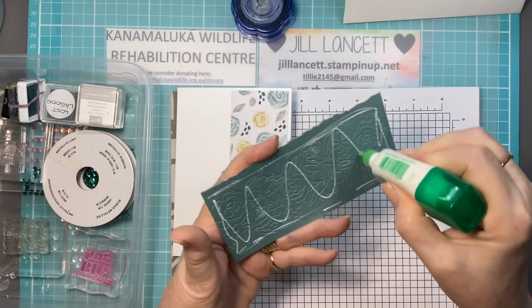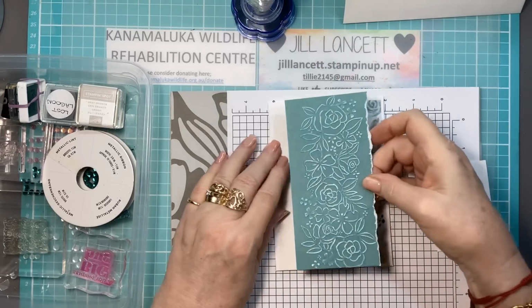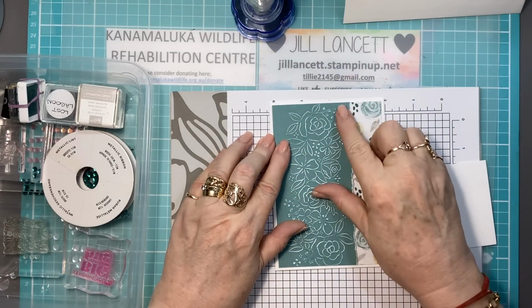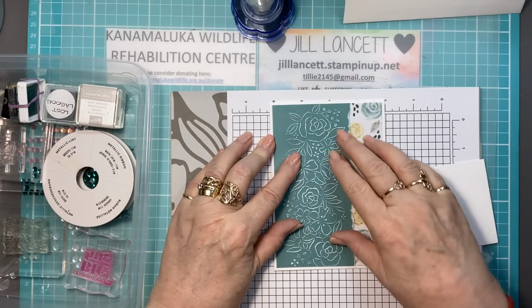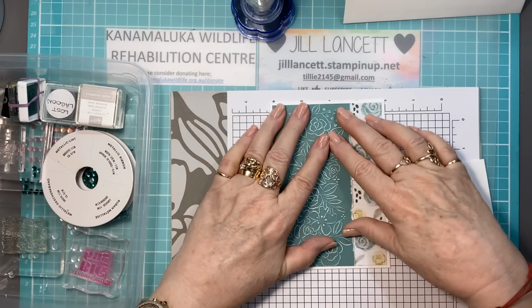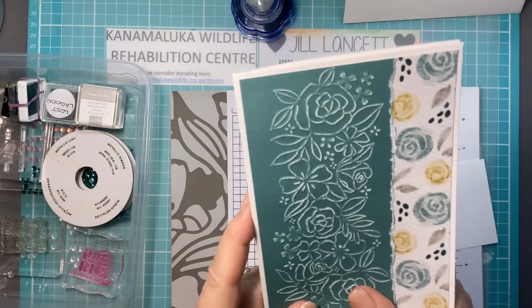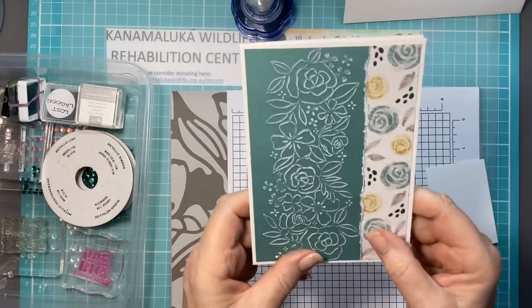What a gorgeous, gorgeous card. And I'm just going to do the same thing here. I'm just going to line the border up here and down here, just so I've got that straight. How beautiful. Look at that. Wait, what did that take? Five minutes? Okay, it was already cut, but you know,